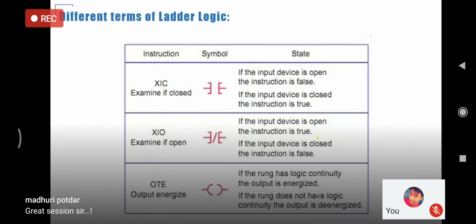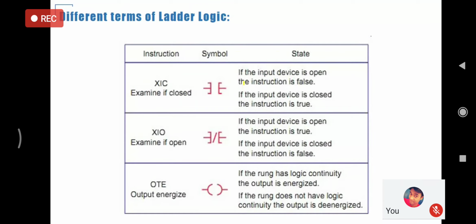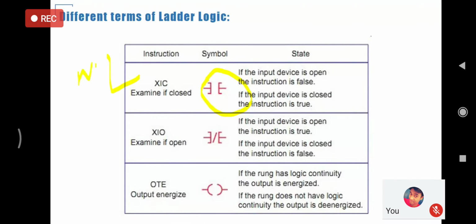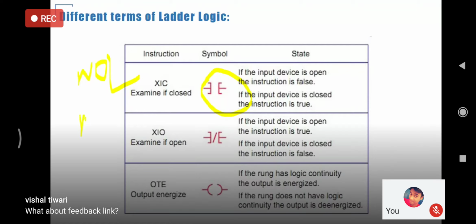There are different terms that we use in programming since we are talking about graphical representation. Field devices in software are represented through these useful circuits. A switch in the field can be used as either a normally open switch or a normally closed switch. So they both have different notation in the software.